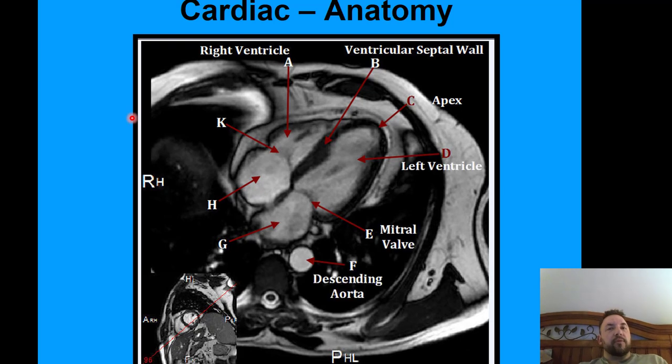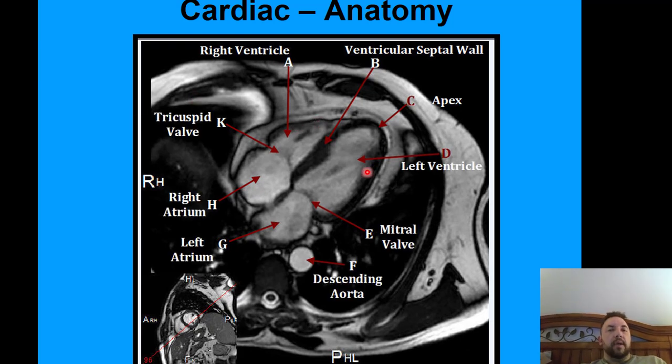This is our 4-chamber view, one of the most popular views that we utilize in our imaging, because we're able to assess the mitral valve and the tricuspid valve. Here's your ventricles, your right and left ventricle, your right and left atrium, and then we're able to see the descending aorta, the apex of the left ventricle, and again your septal wall. So a really excellent view,